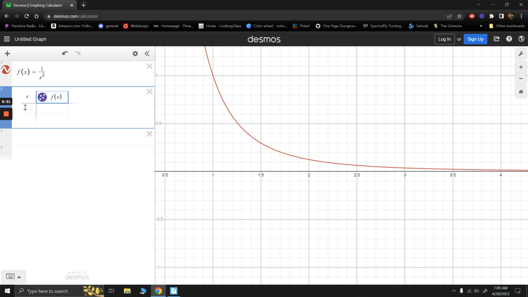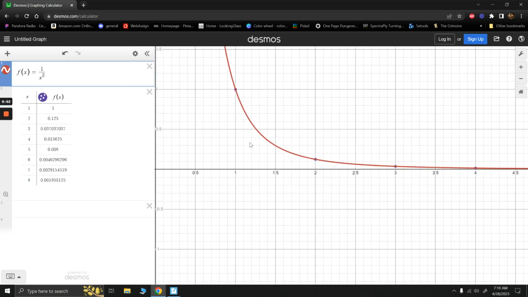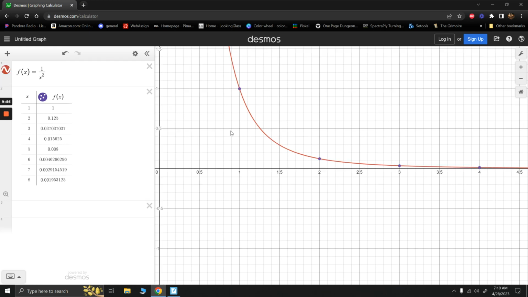So what I mean by that is at 1 we have 1, at 2 we have this value 0.125, at 3 we have this, and 4, 5, 6, 7, 8. And what we're doing is adding 1 and this and that and so on and so forth. So we're pretty much just taking those individual terms, not every value along the way. Okay, so